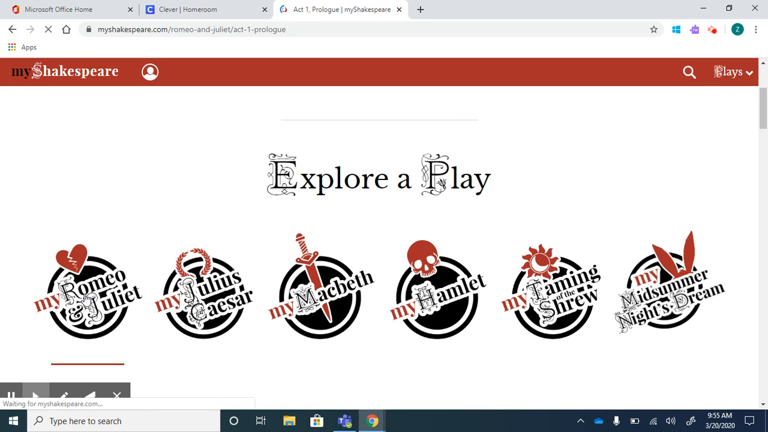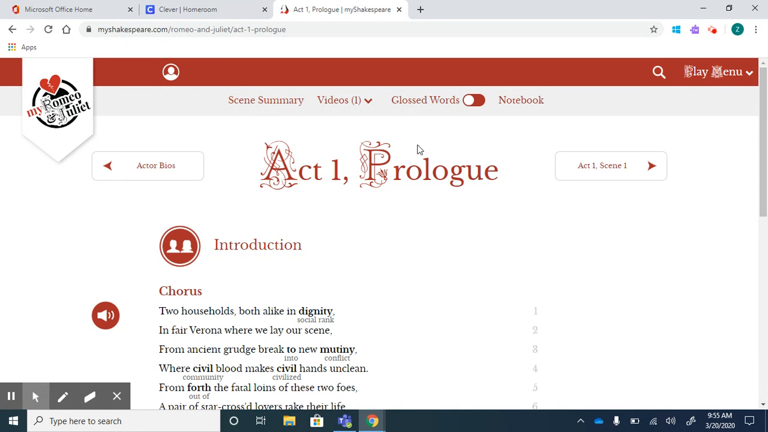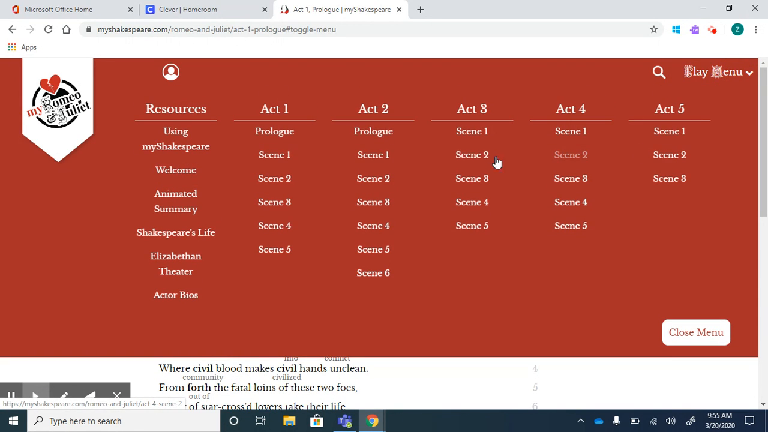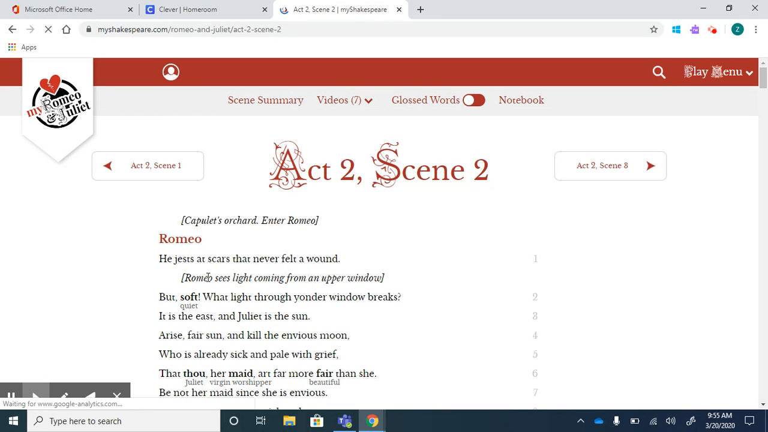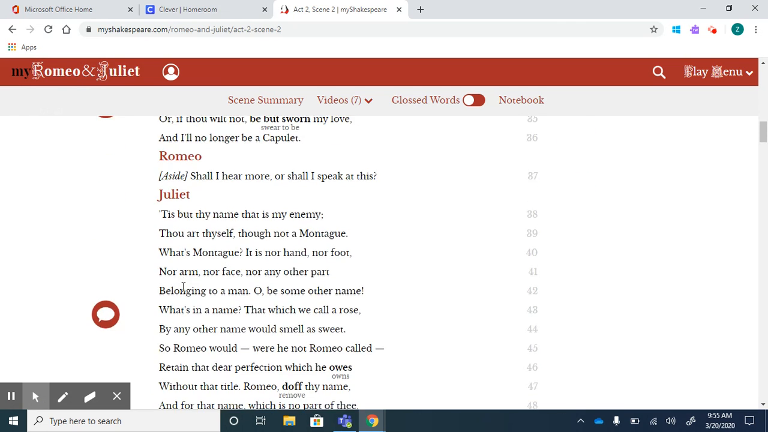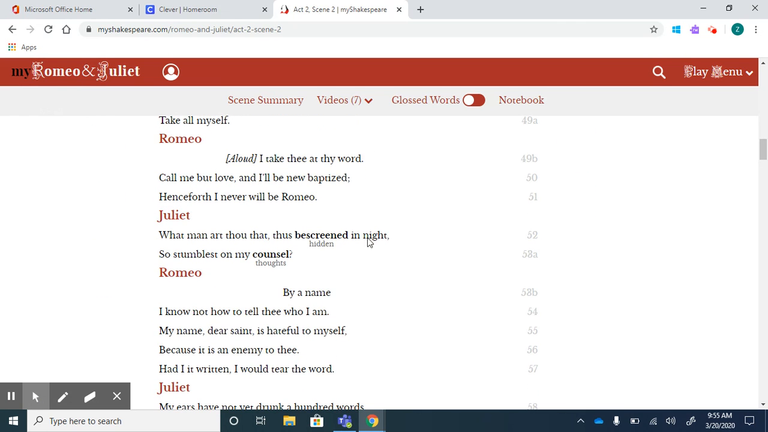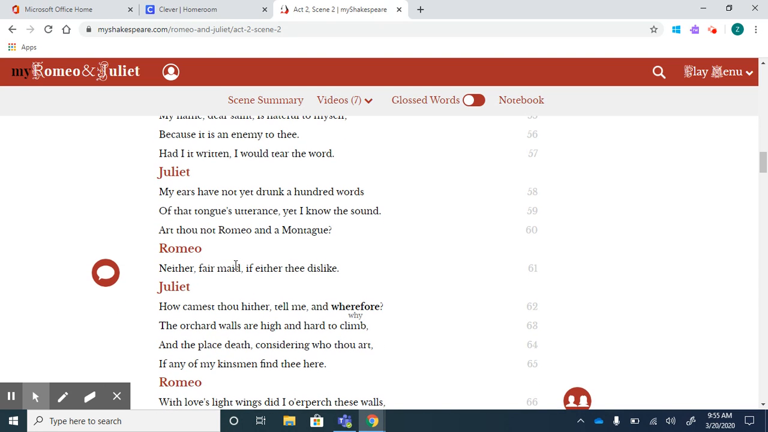You're going to click on My Romeo and Juliet because that's the play we're studying. It'll come up with Act 1 prologue here. You're going to click on the play menu and get into Act 2. Most of you are on Act 2, Scene 2 right now. Fourth period, you guys are a little bit further, and that's okay. When we left off in Romeo and Juliet, we were somewhere down here, around line 50 or line 70, somewhere around there. I'm just going to kind of show you some of the features of this